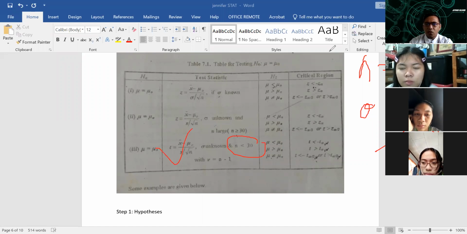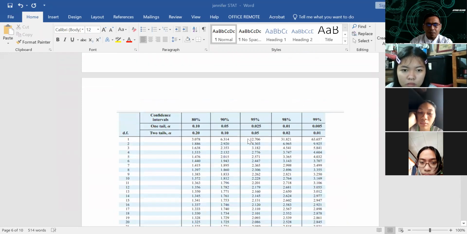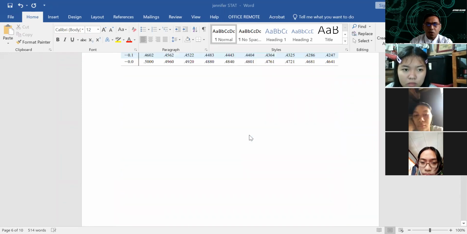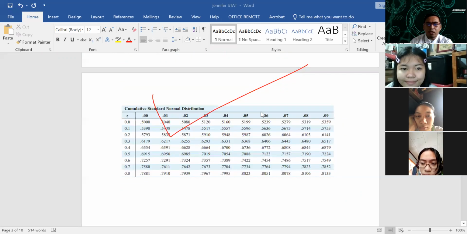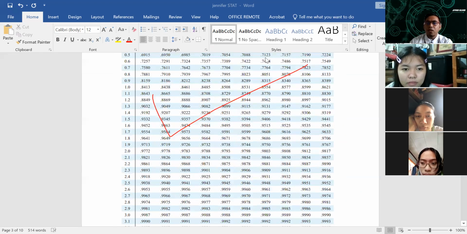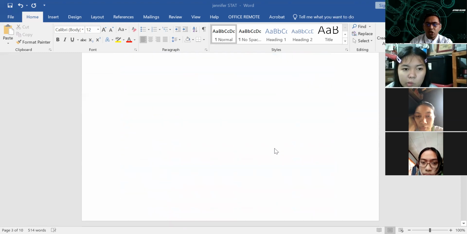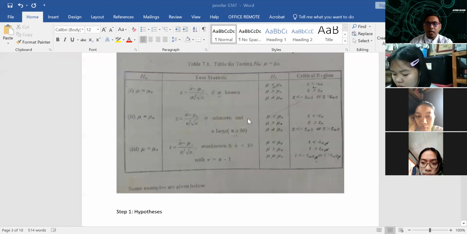As you can see here, this involves Z and Z. If you are using case 1 or case 2, you will be using the normal Z distribution table that we discussed last time. This is the table to use if it is case 1 or case 2. But if you are using case number 3,